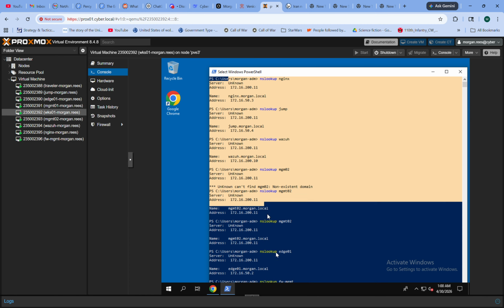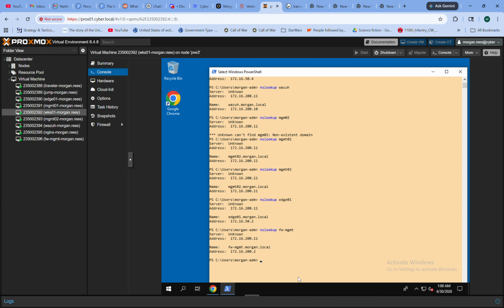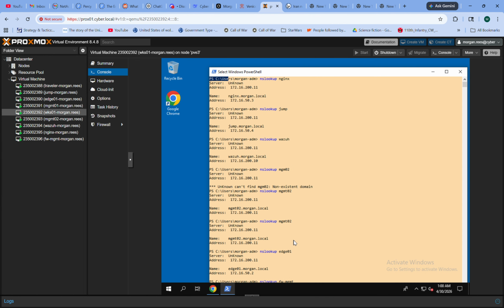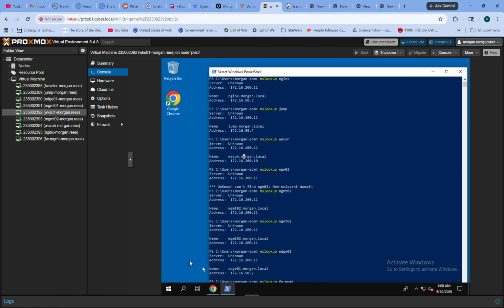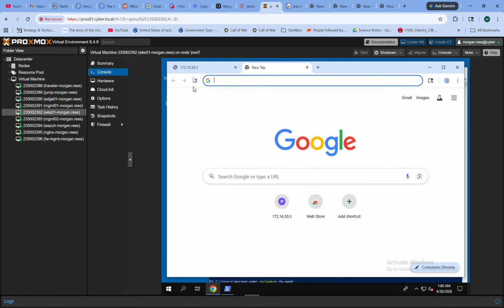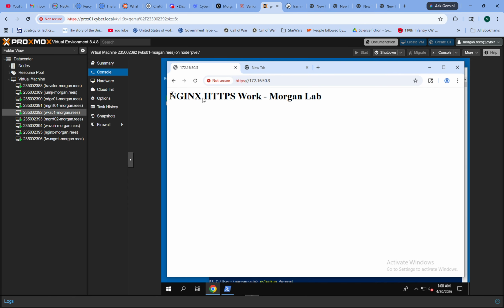All the virtual machines that I've connected to the network have their DNS records made and can be looked up with the NSLOOKUP command. So we are going to double check this quickly to show that,